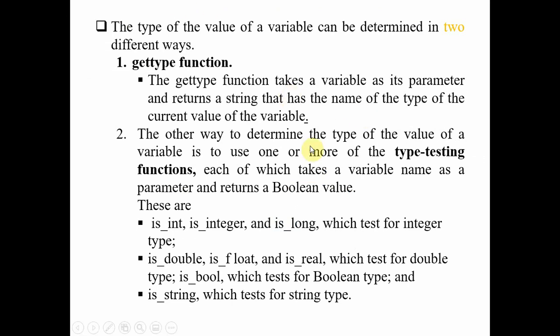Similarly, there are other functions known as type testing functions. You can simply use functions like is_int. Within the parentheses, we need to specify the particular variable. These functions return a boolean value. That means if it is an integer variable we are keeping inside the parentheses, then it will return the value 1. Otherwise, nothing will be returned. Similarly, it is applicable for every variable, so they are known as type testing functions.